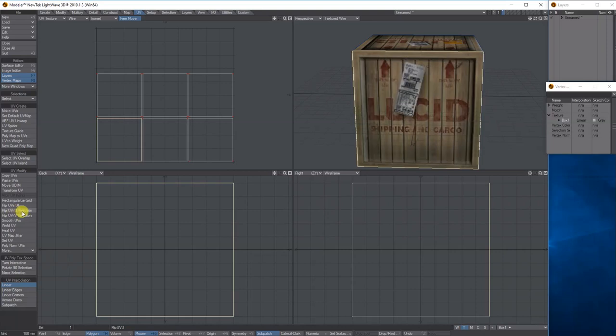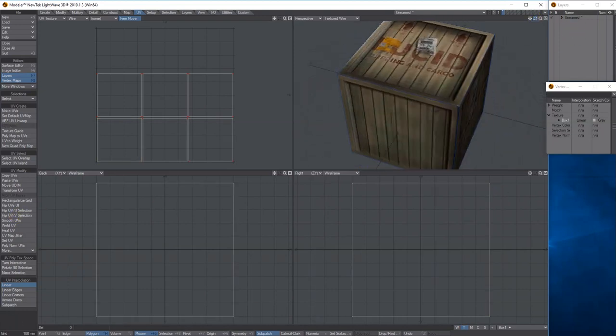So there's flip left to right and flip up and down. So you've just got to play with these two options, flip U and flip V, and then you can have a look through the others and see if there's any others that you want to do.